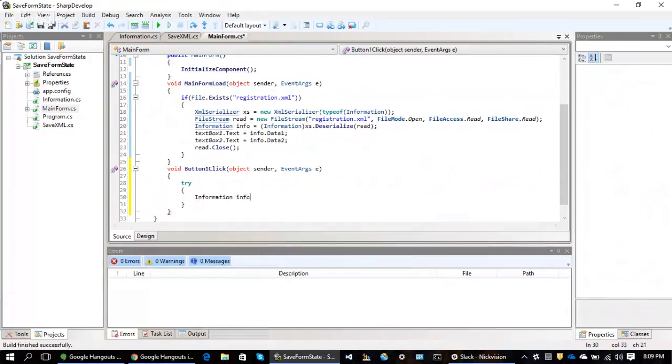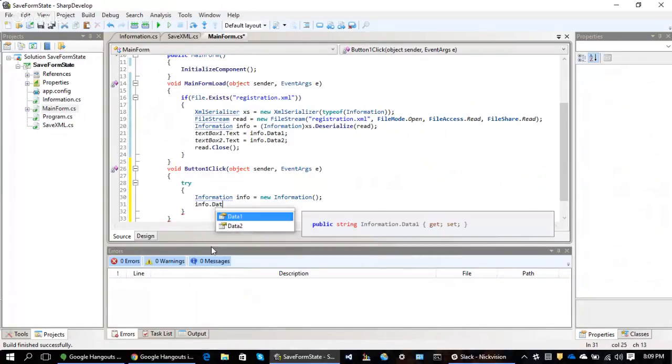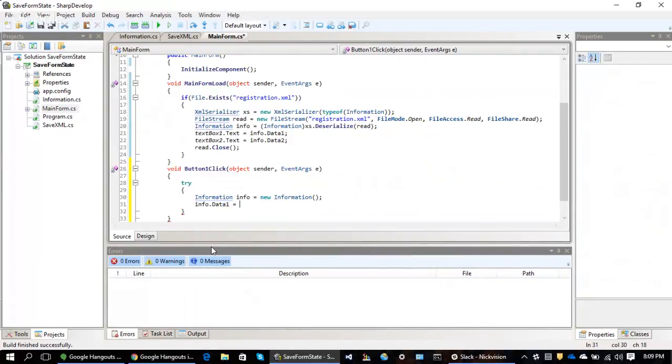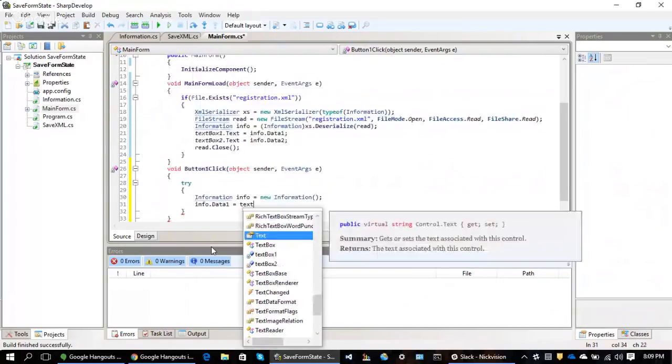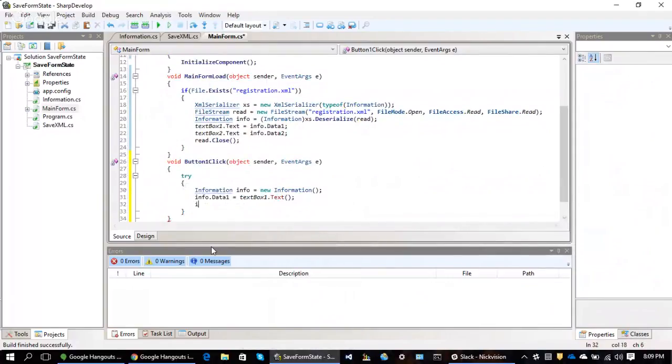So again, we're going to reference our information class so we can access the data. And this time, we're going to reverse what we did up here. Since we already declared this equal to this, we're going to reverse that. And I'm going to say info data 1, since now that we have the data, we're going to show the data in text box 1 text. And the same thing with info